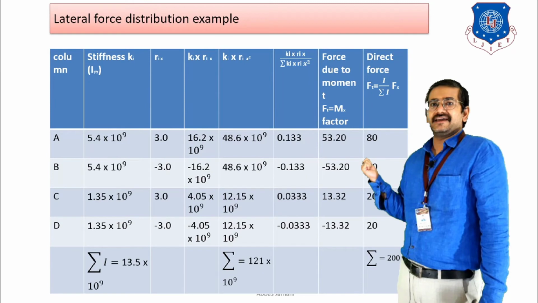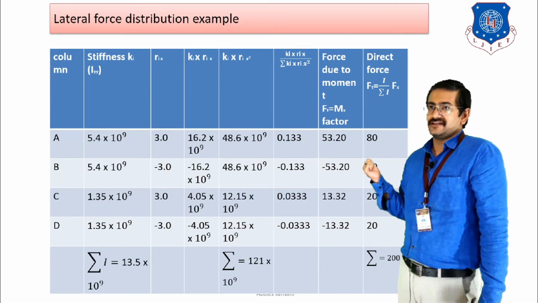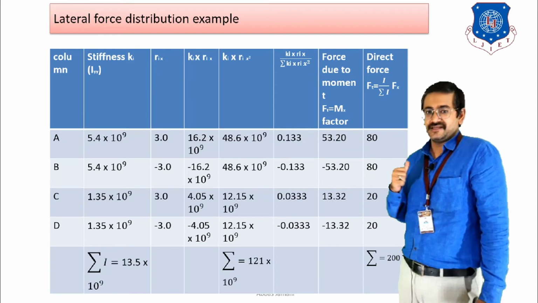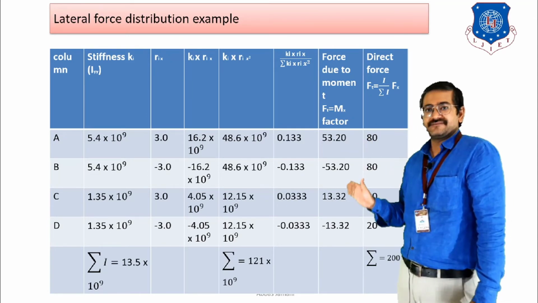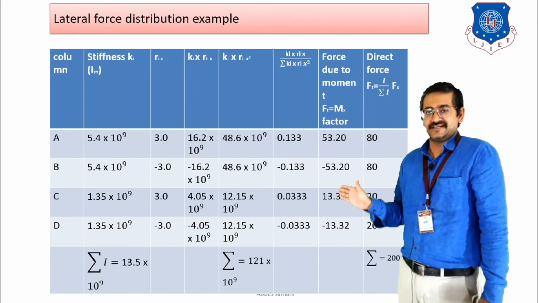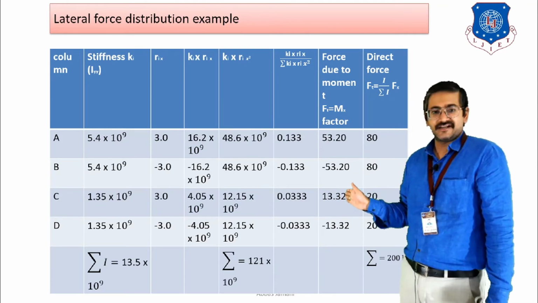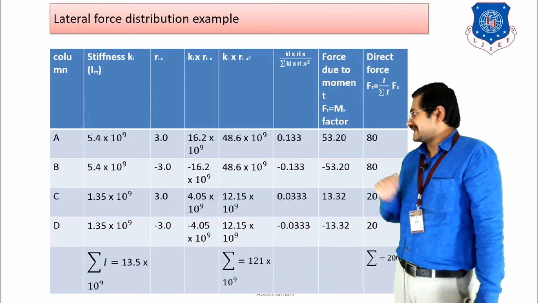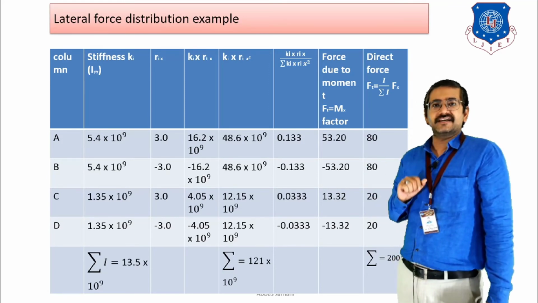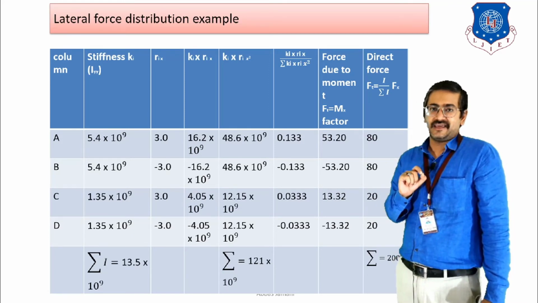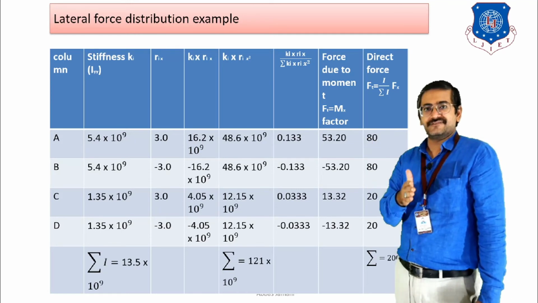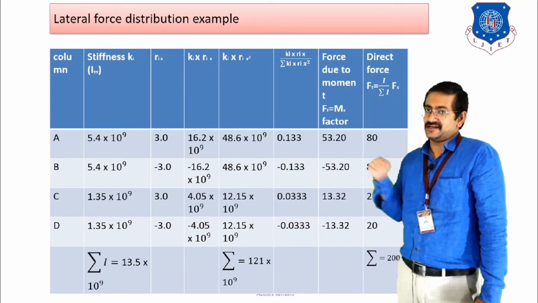Then for the second case, it is going to be negative 3. Why? Because it is on the other side. Same thing for C, same thing for D. Then after calculation of the stiffness, you have to do the summation of stiffness, that is sigma Ki, which is given at the bottom of the table as the value shown over here. Then in the fourth column, the multiplication of Ki into Rix has to be done. That can also be done because we have the value of Ki and the value of Rix, so we can calculate.